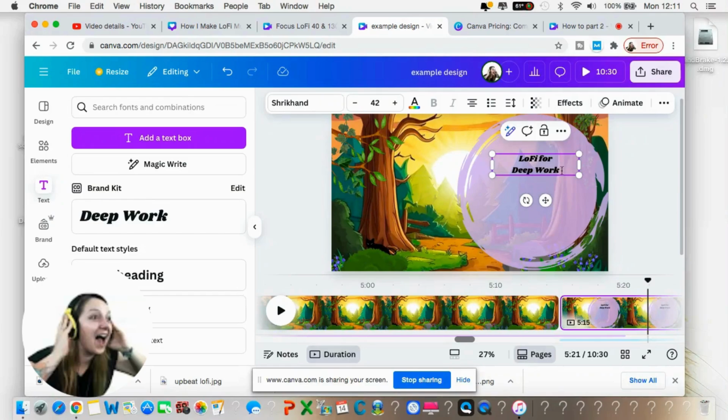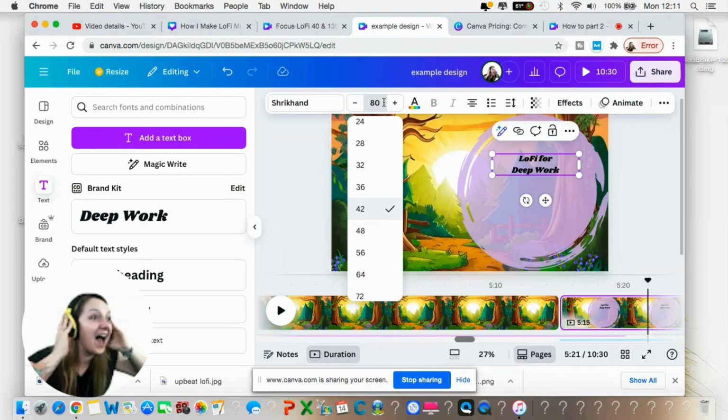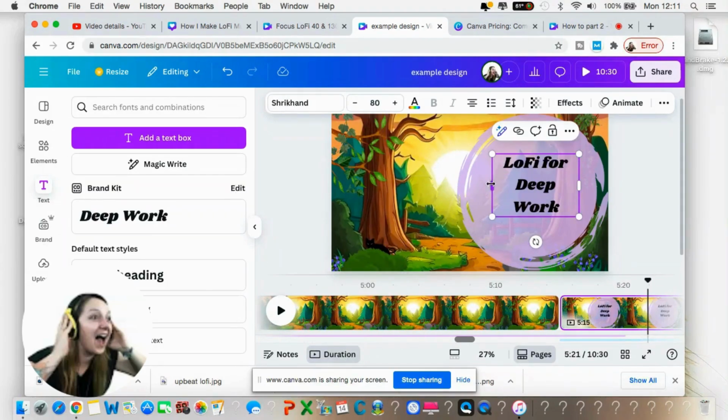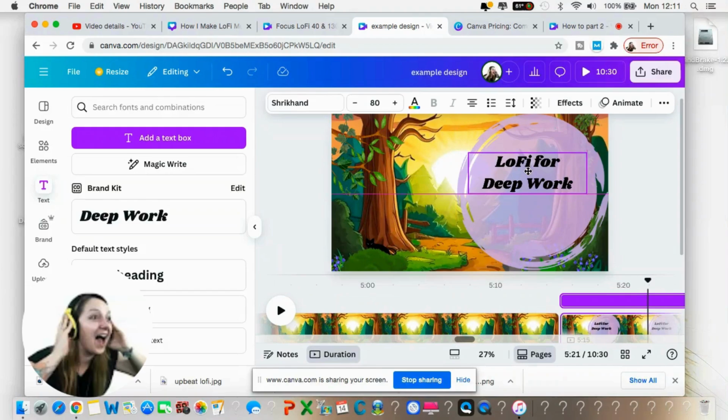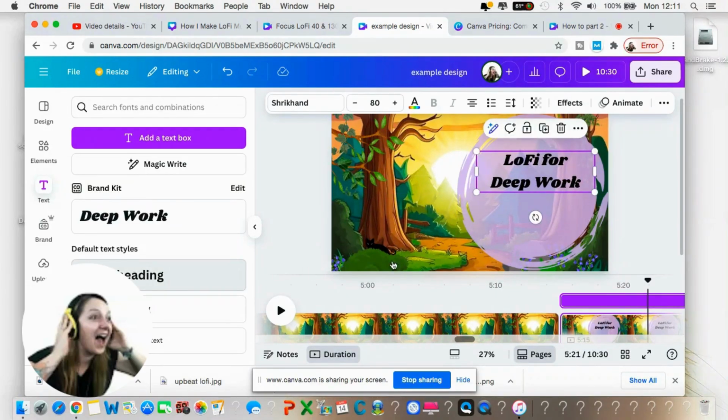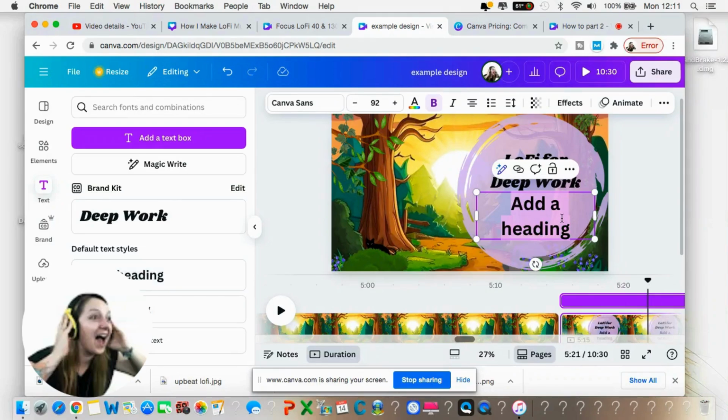LoFi for deep work. I'm going to make it quite large. Let's try 80 points. Stretch it out. Yeah, that looks good. I'm going to move that to the middle of my circle. And then for the bottom half, I'm going to write